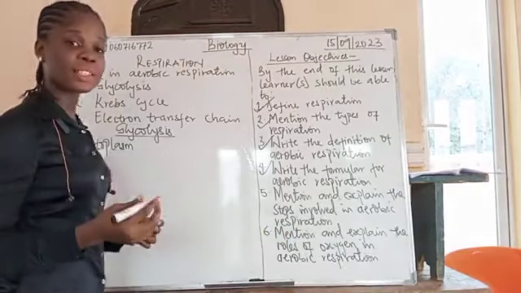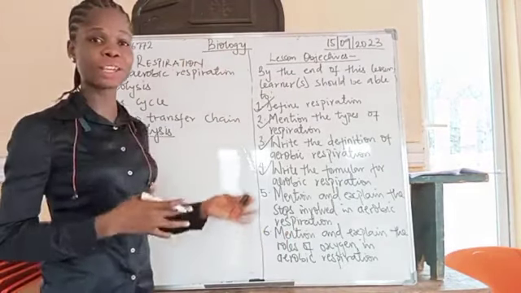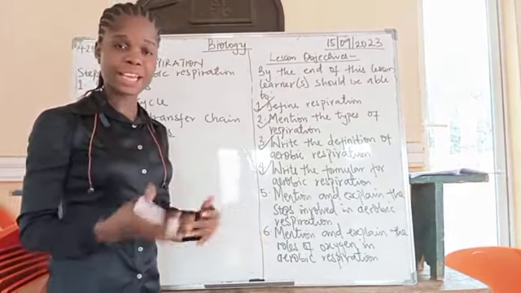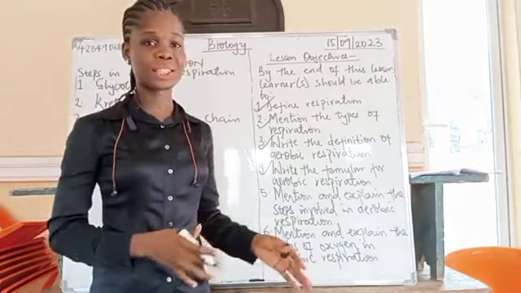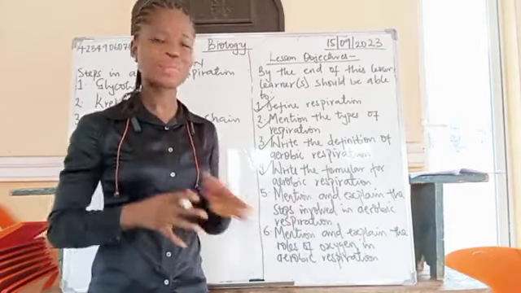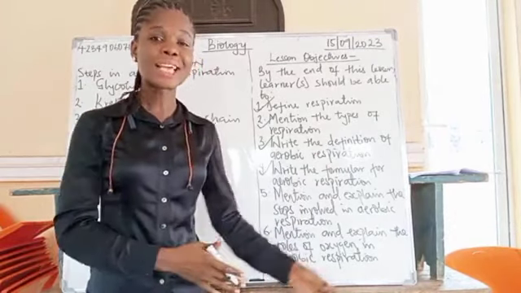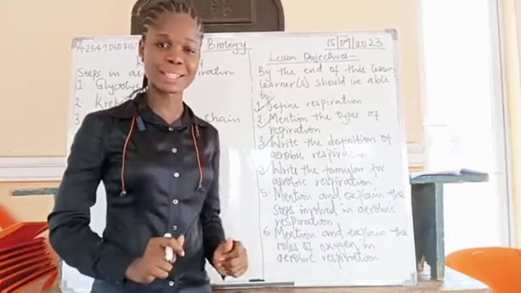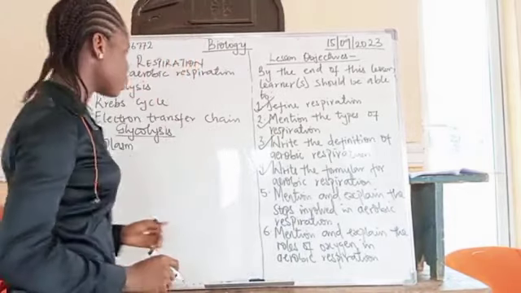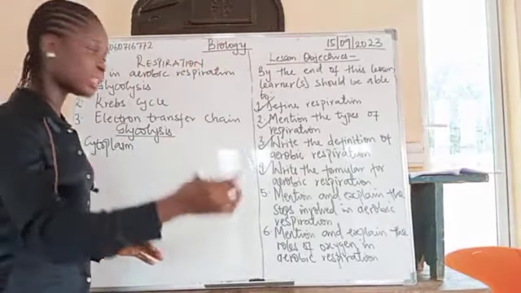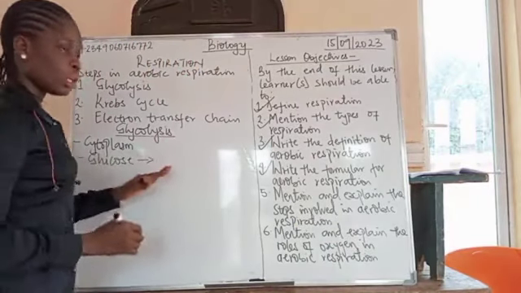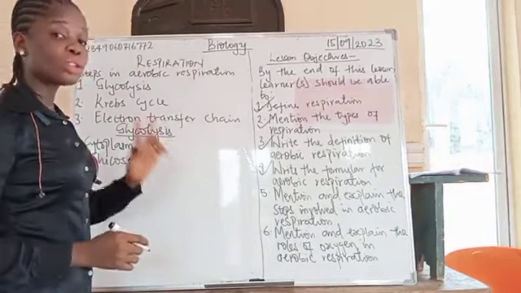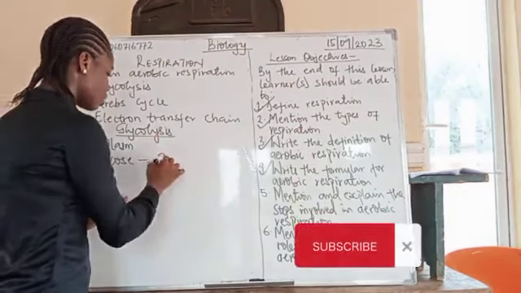Of course, in our previous classes, we discussed the cell membrane, the cell organelles, and their functions. We mentioned the cytoplasm, where we call it the liquid component of the cell. And today you are learning that apart from just being the liquid component of the cell, the cytoplasm is also the site for glycolysis. Now, during glycolysis, glucose is broken down to 2 molecules of pyruvate,